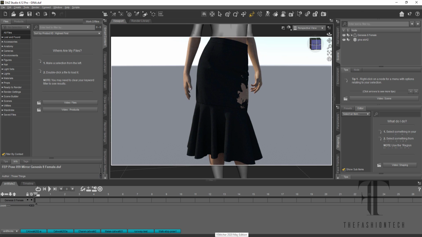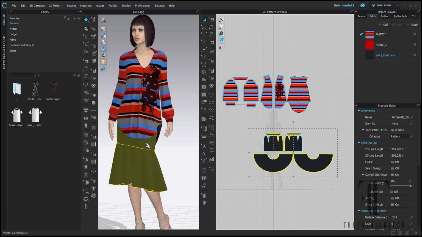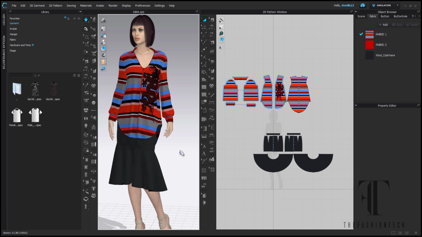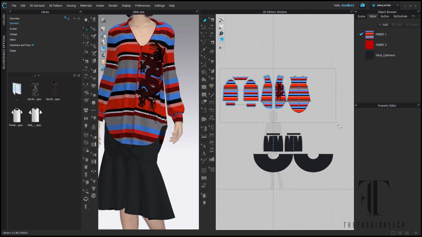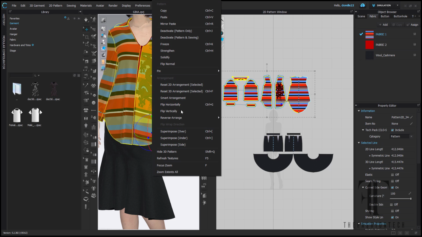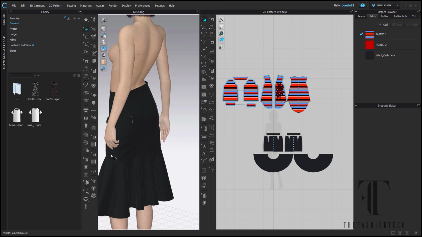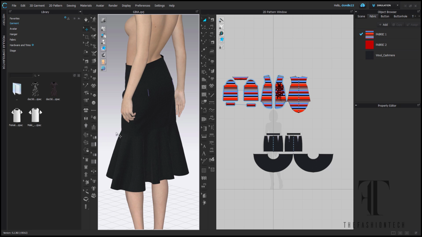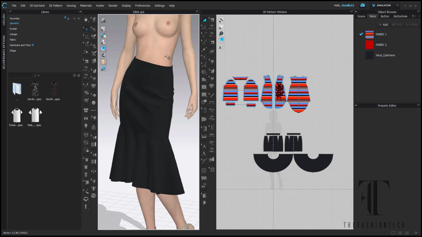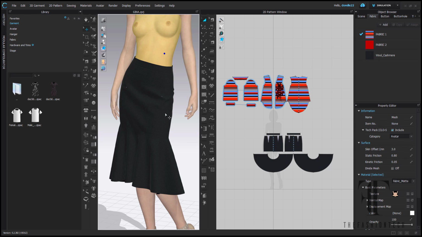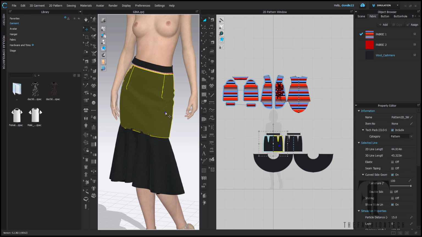Why? Because of the FBX avatar, her skin mesh is colliding with the garment. You can't see it in CLO, but when you bring something into another program, then you start to see it. So now I'm just double checking myself like, wait a minute. So I'm going to go ahead and see if it's not going through. So why is that happening? So I'm going to go ahead and export